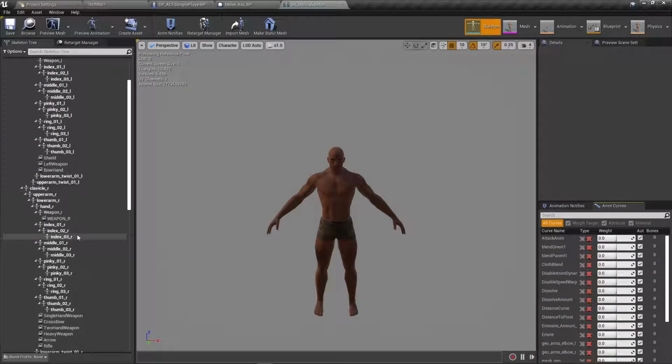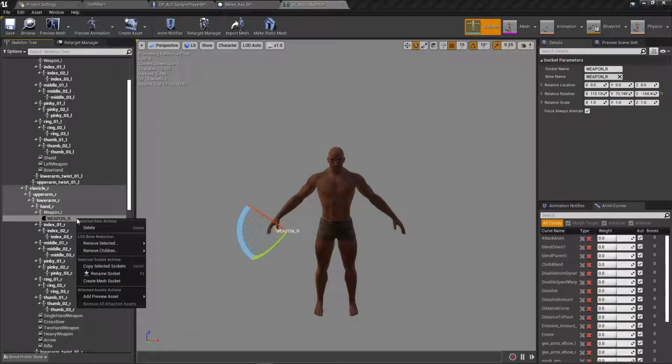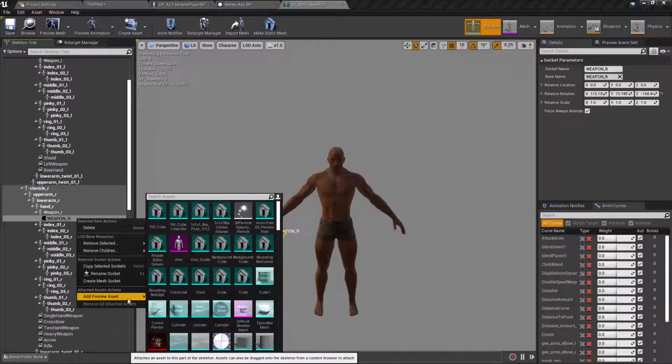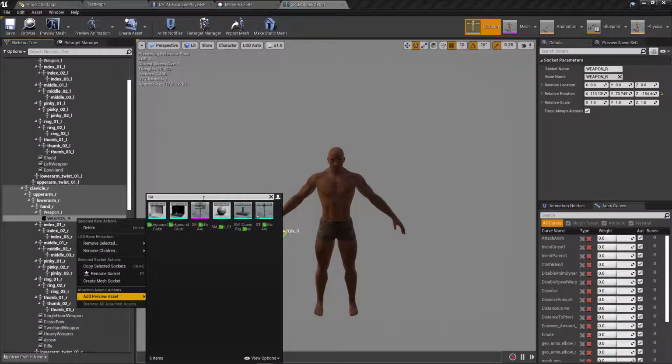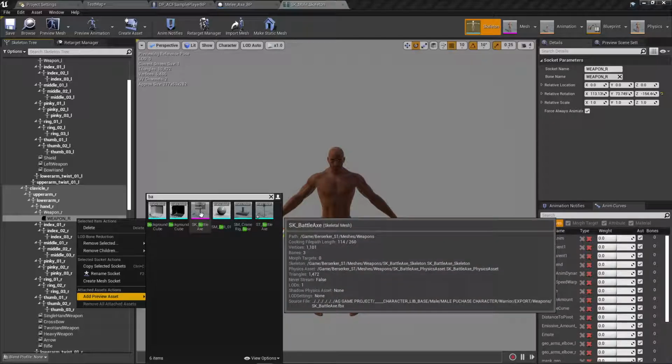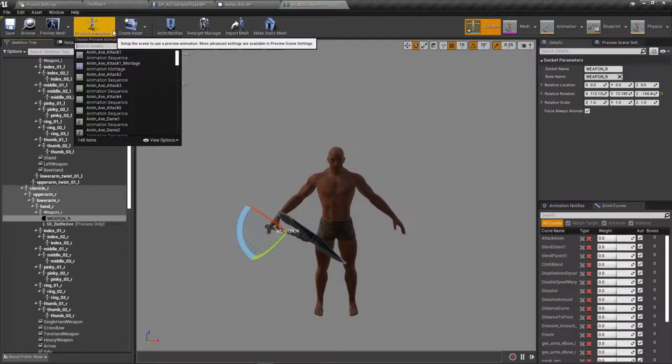Right hand I want. Weapon right. Okay. What is the position of our battle axe? What is the position of the battle axe? When